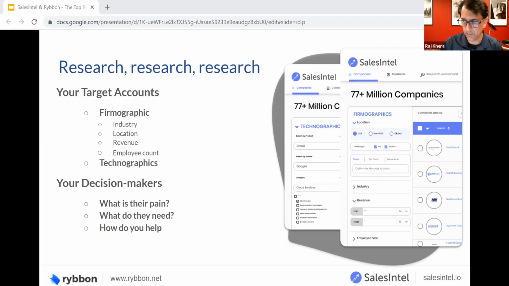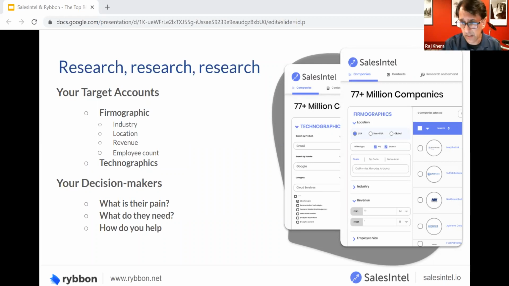Once you have a sense of the types of people, the titles, for example, the roles, the types of companies, and the decision-making criteria that they used, you can then use that as a stamp to figure out other people that look very similar to those ideal clients. So you want to find those. And that's how you actually select your target accounts.